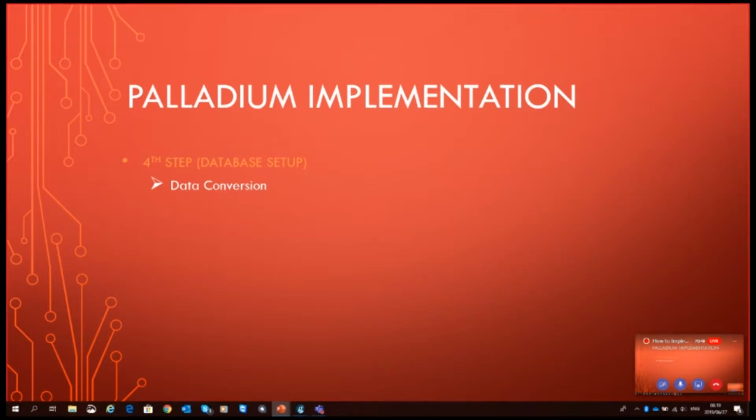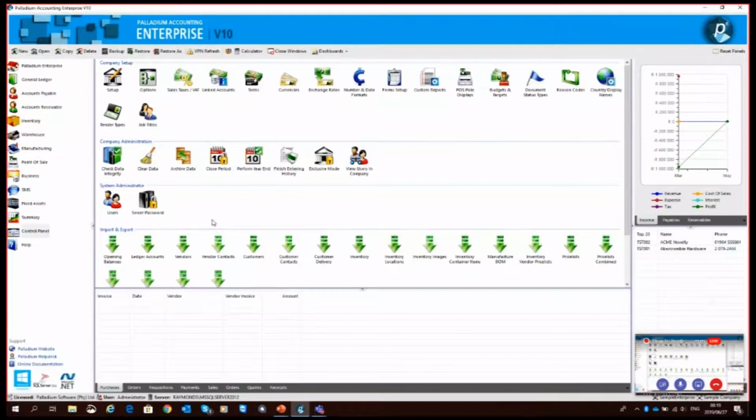Okay. So right now I'm going to pause this PowerPoint presentation a little bit just to show you how, or where, in Palladium you're going to find a data conversion. Okay, so in Palladium, this side,